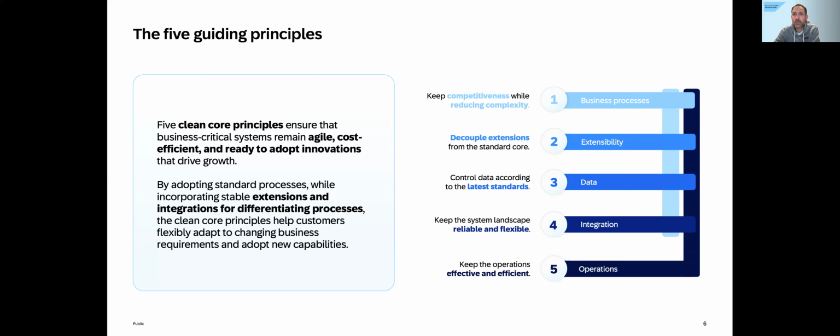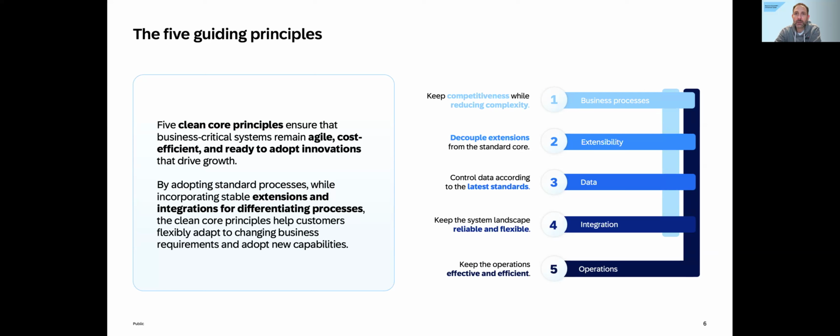But at the same time, we want to try together with you to reduce complexity so that you don't, and I think we were talking about this last week when Lukas gave an example, build golden balconies to a standard solution if they do not really have a tangible business value and are not really important for you to keep your competitiveness or create a competitive advantage by deviating from standard. So that's what we have in mind when we talk about business processes.